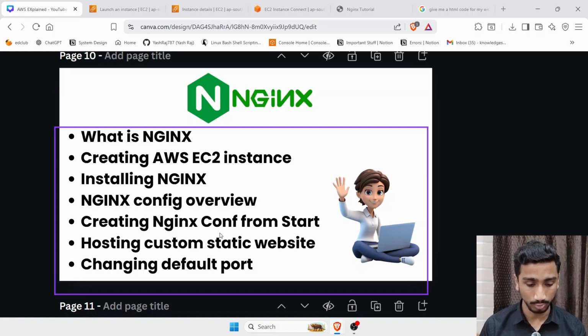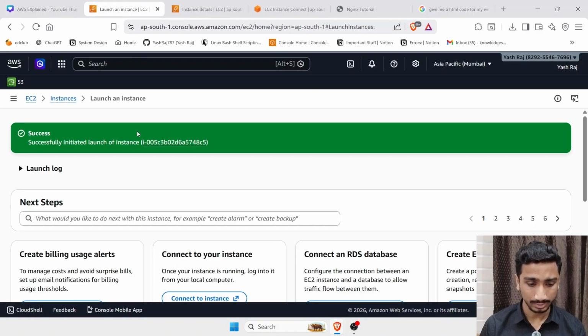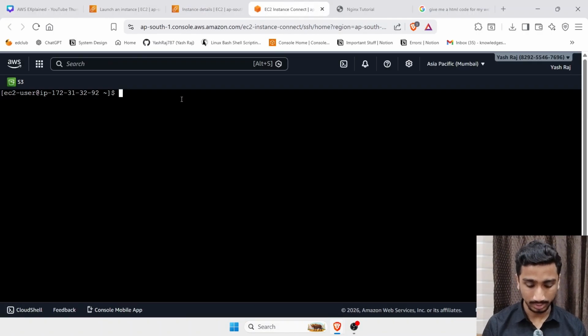So let's say I make an index file, because I have to store my HTML code in it for my own custom static website. So I'm going to go inside the path where my website files are stored. I'm going to use sudo, /usr/share/nginx/html, and inside this